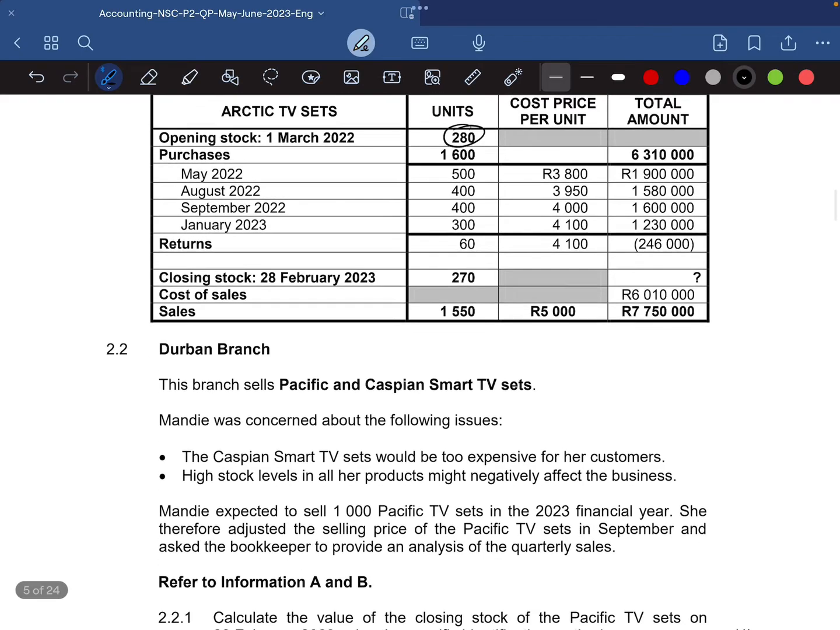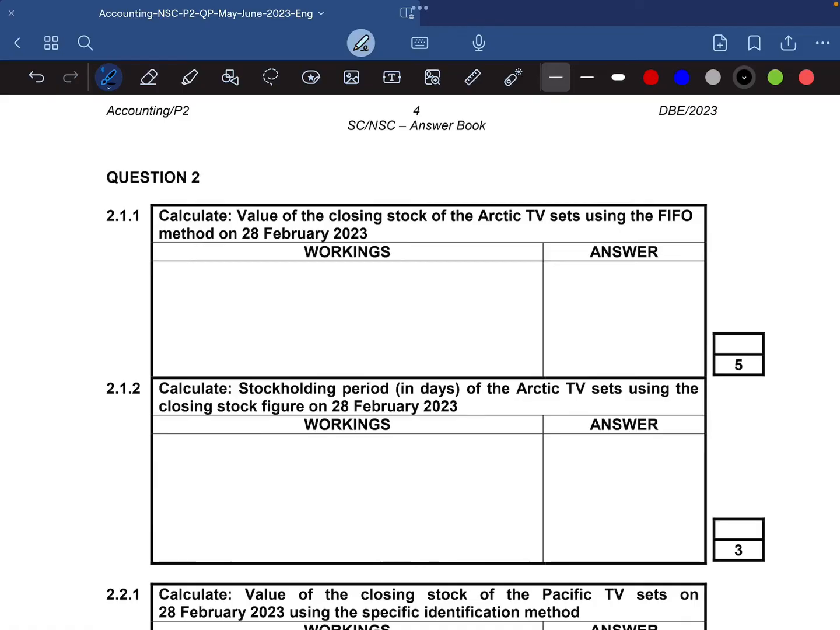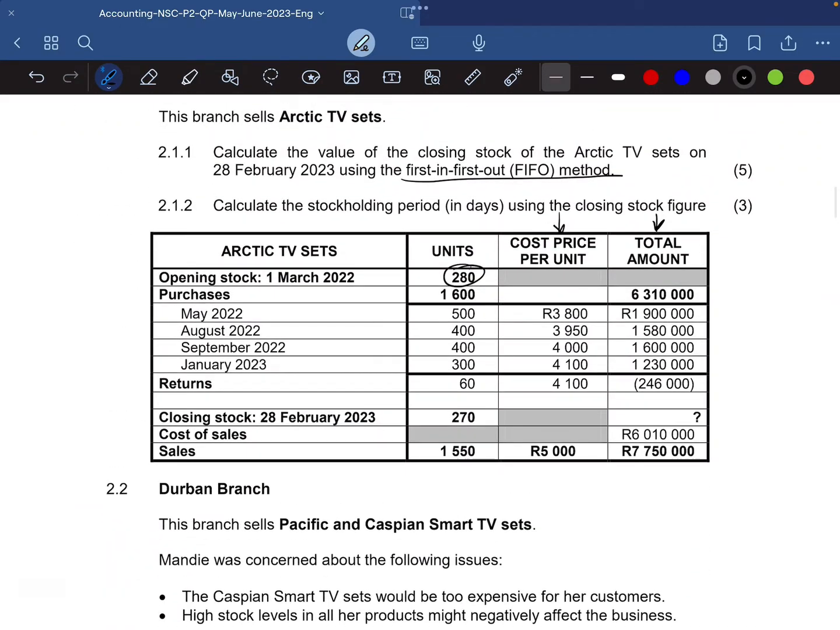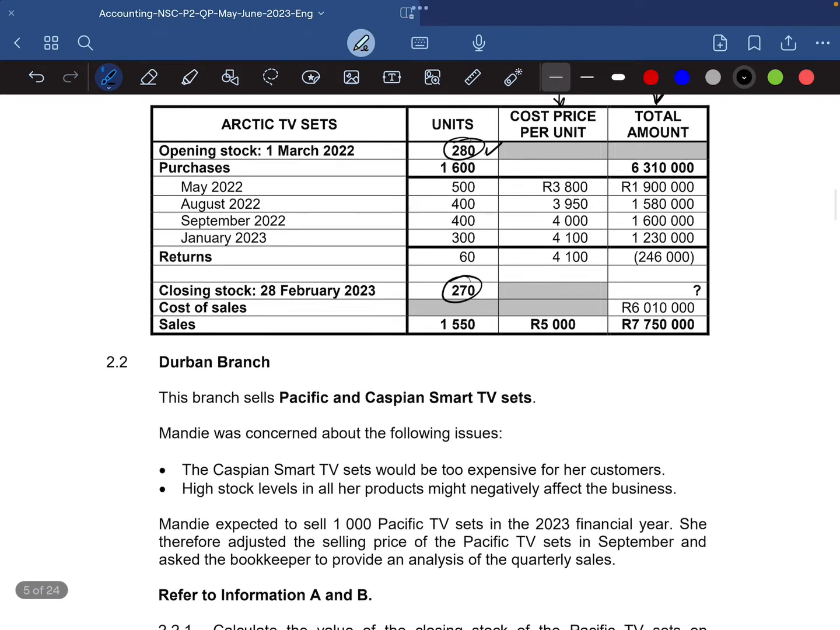Okay, so straight into our answer book. We are supposed to calculate the value of closing stock of the Arctic TV sets using the FIFO method on 28 February 2023. So as I said, we have opening stock here of 280 and then we have closing stock of 270. Okay, so how do we go about this calculation? We want the value of our closing stock, right? So we had opening stock of 280